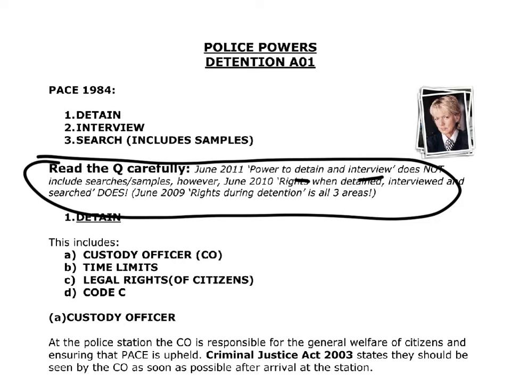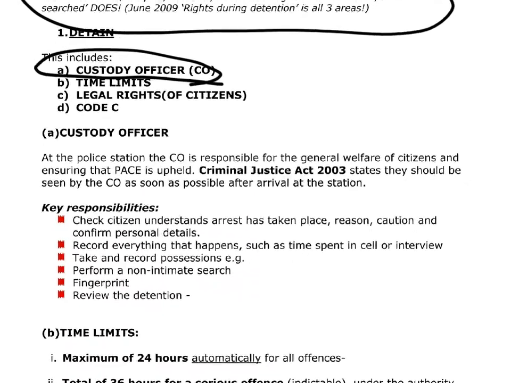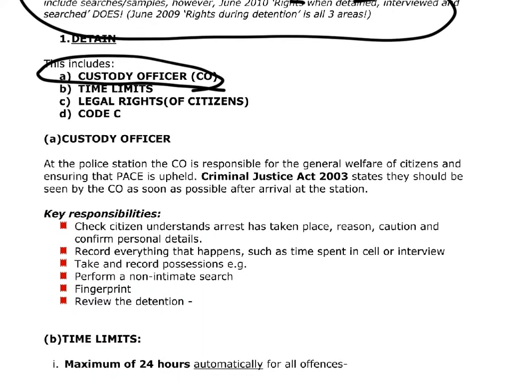And the questions that you got in summer are all about the custody officer. Obviously, the custody officer is a big part of detention. So they want a detention question for that one, minus the interview stage. So you just need to be very, very careful. If we start with the detention process then, there's four areas that the examiner's looking for: what involvement the custody officer has, the time limits during the detention, legal rights of citizens, and then the Code C guidelines. Okay, so I'm just going to take you through all four, get you to add notes to the side so that you've completed it.